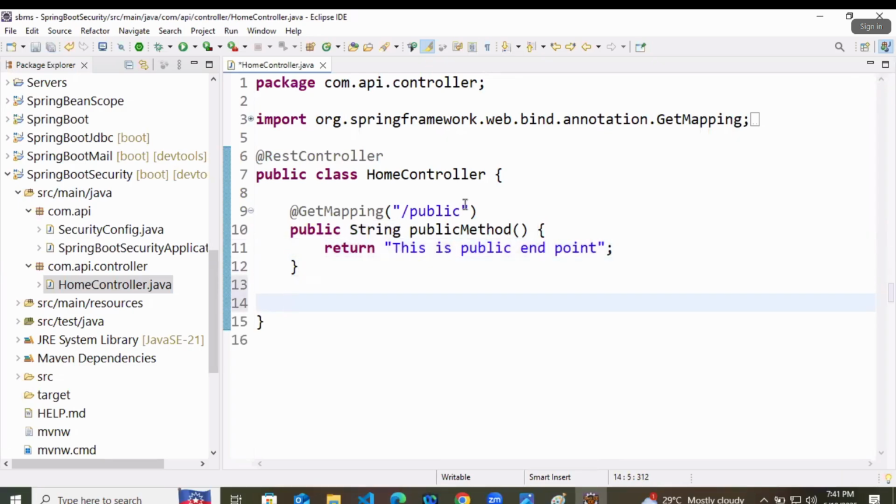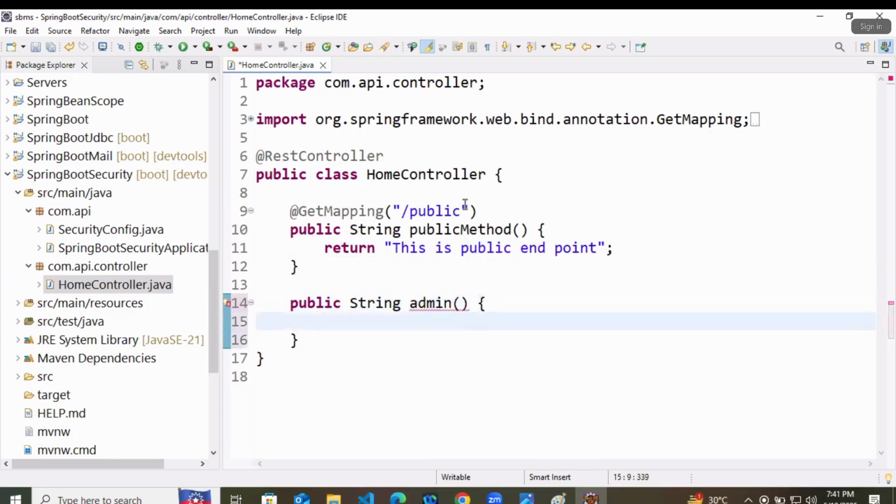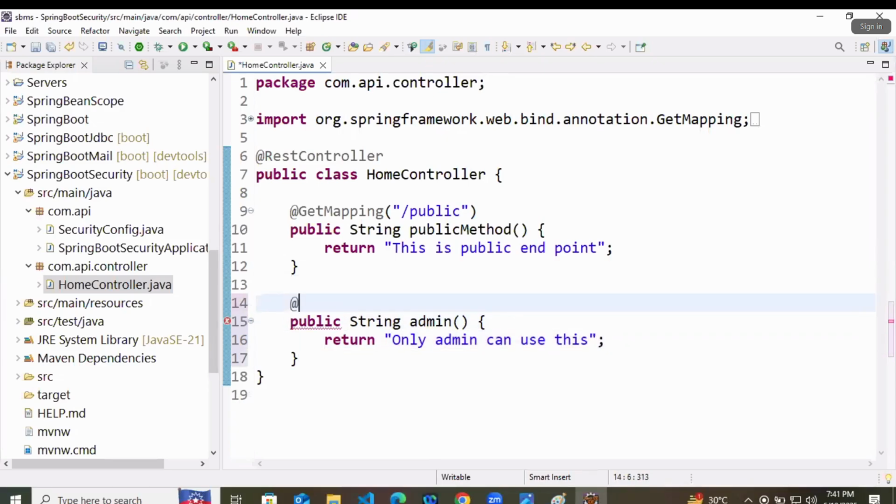Then after I will create one public method, and which is just